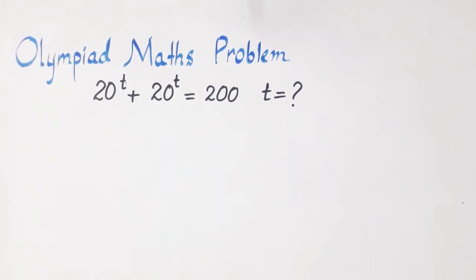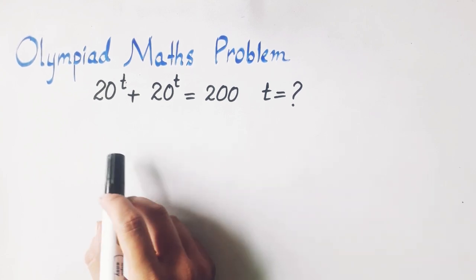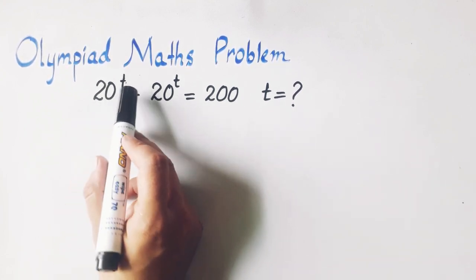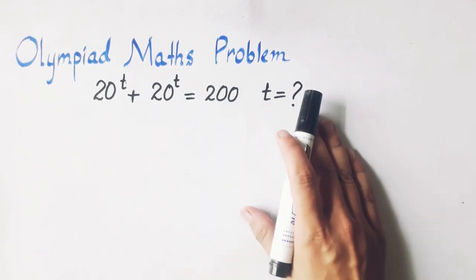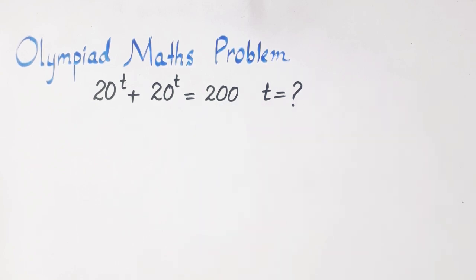In today's video, we will solve a very interesting Olympiad problem. 20 raised to power t plus 20 raised to power t equals 200, and you have to find the value of t. So we will start solving this question as,